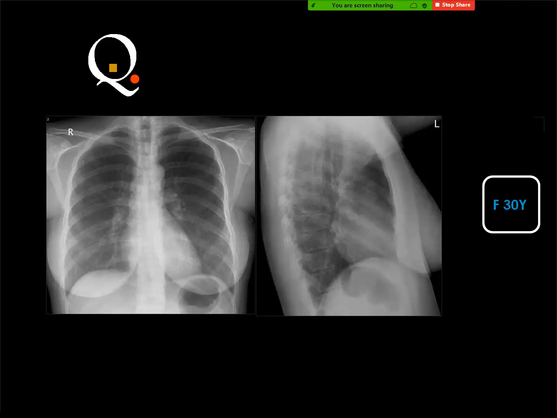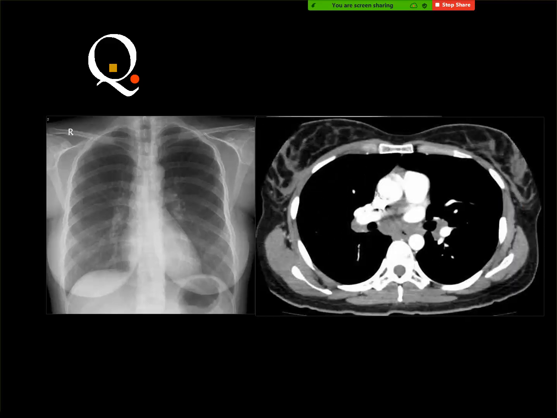Normal chest X-ray, and this is the CT scan. Still normal? No, no. Multiple lymph nodes. Yes. There are lymph nodes. Diagnosis is